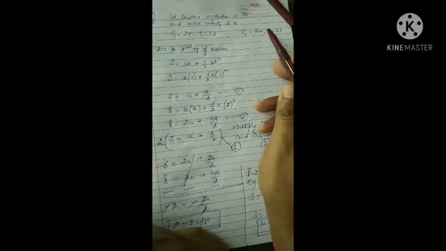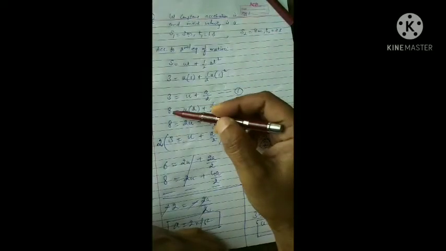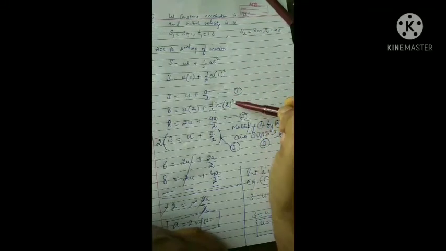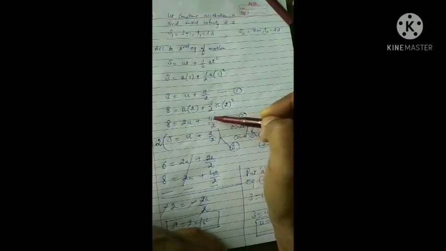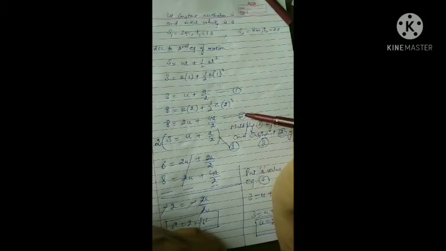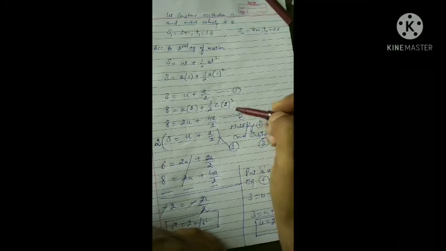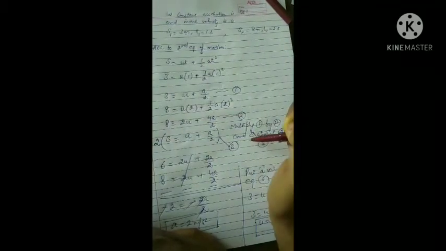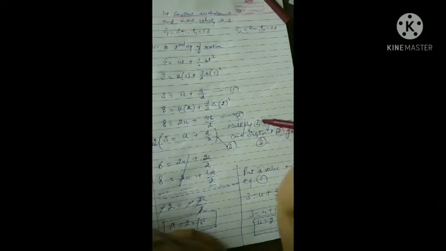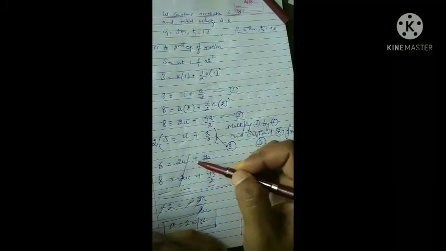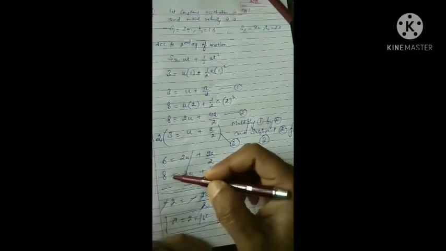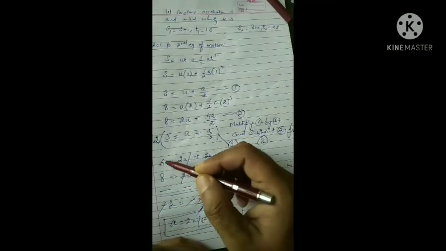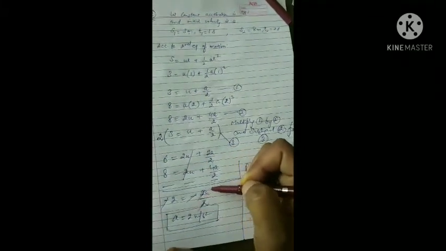Now the second observation also you can substitute. 8 equal to 2U plus half a, T2 is 2, so 2 square. 8 is equal to 2U plus 4a by 2. There are two observations, two equations. Now we can multiply this first equation by 2 and subtract it from the second. So 6 is equal to 2u plus 2a by 2 and 8 equal to 2u plus 4a by 2. Now subtract this equation from here. You will get minus 2 equal to minus 2a by 2.